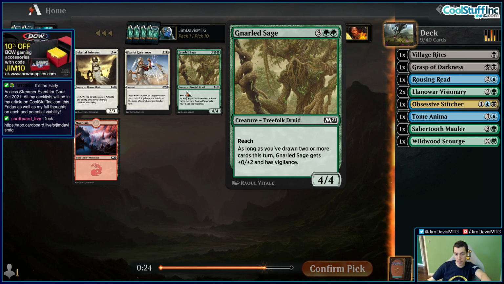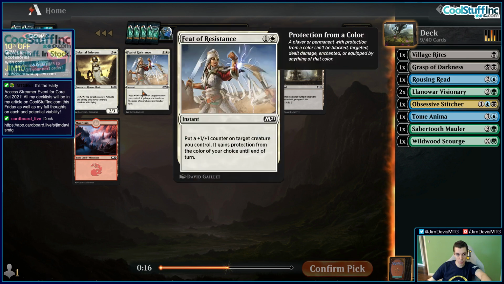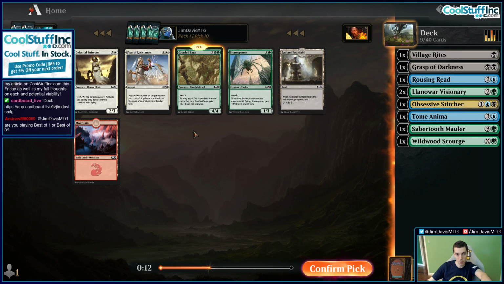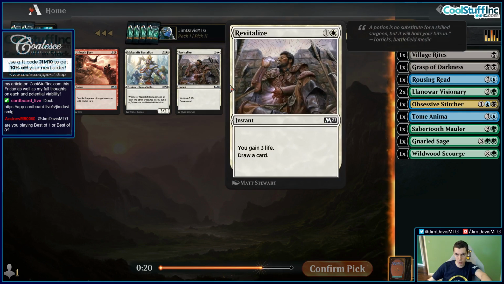Sage is not a bad card. It's just kind of fine by itself, and then it has a little extra synergies too. Snare Spinner is kind of mopey. A little more of a sideboard card. Feet's not bad either. This pack's actually surprisingly good, given how bad the packs have been. Sage is fun. It's best of one. All right, this was that pack that was kind of...